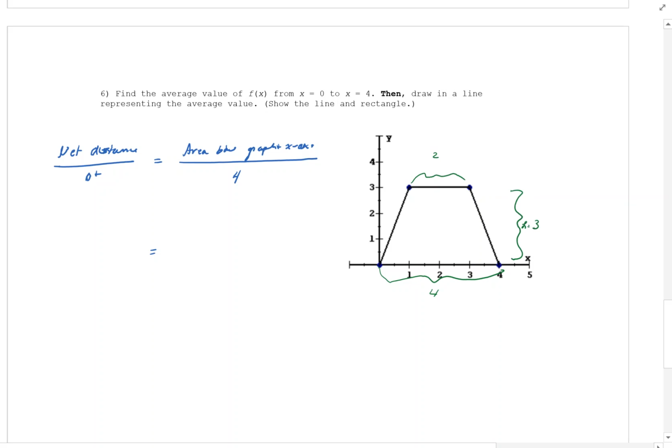So I'm going to take the 2 and the 4 and average them: 2 plus 4 over 2 times my height, which is 3, divided by this 4. So I get 6 divided by 2 is 3, times 3, over 4 is 9/4 or 2 1/4. Well, if I draw in a horizontal line at a height of 2 1/4,